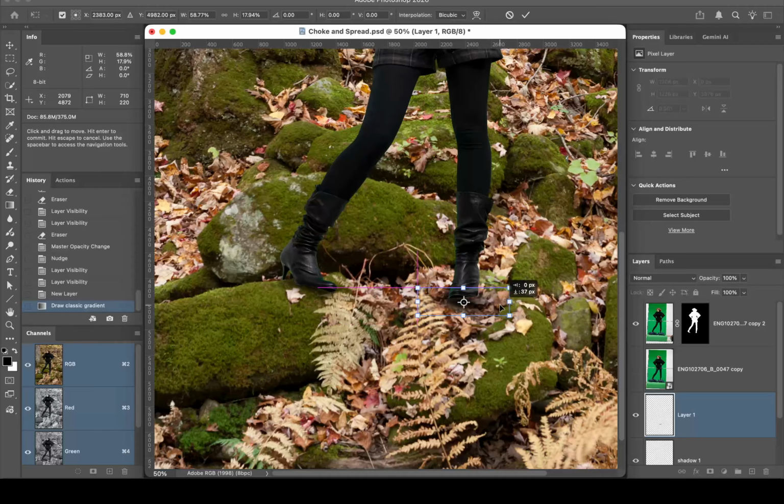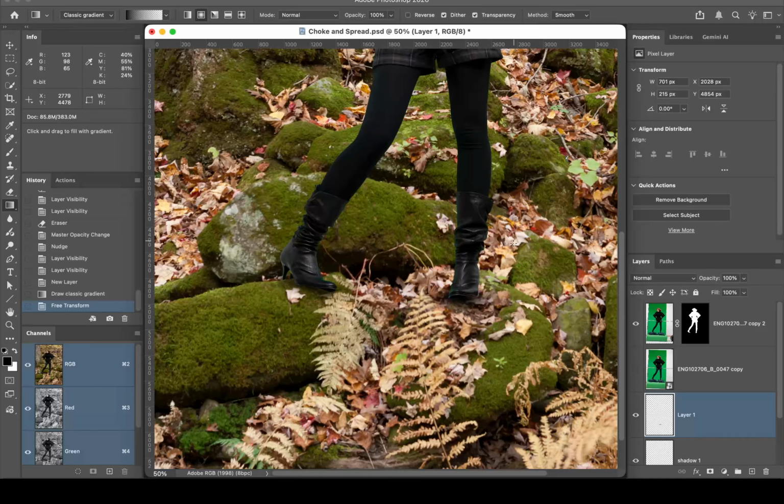Set this down a little bit more. Use your arrow keys to actually move it up and down. That seems about right to me, so I'm going to hit the check mark. It's in a good place, but again, I now have shadow that's on the left side and the right side